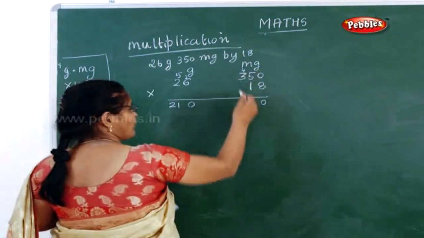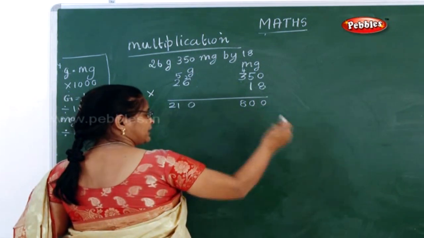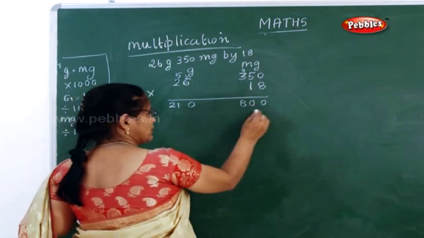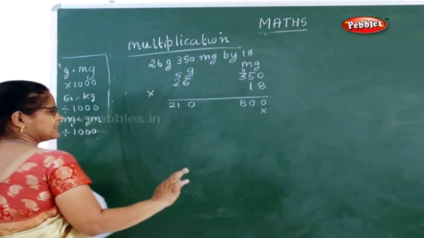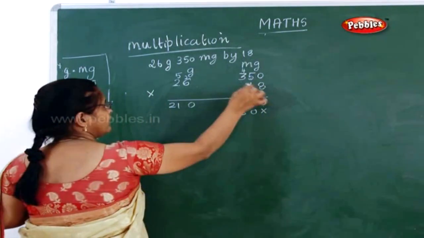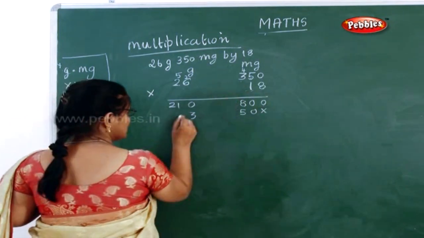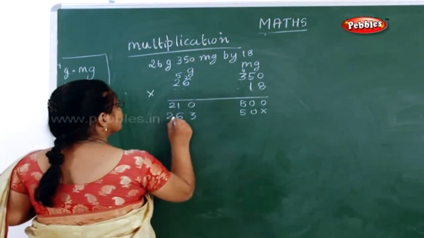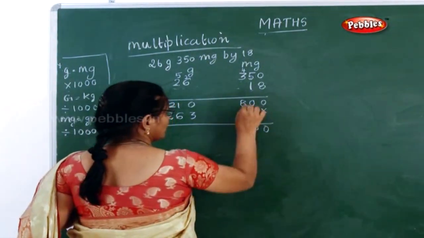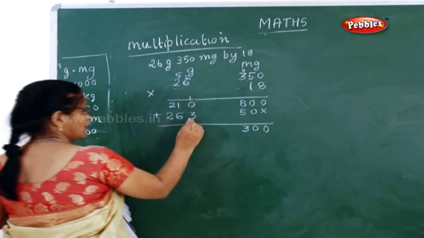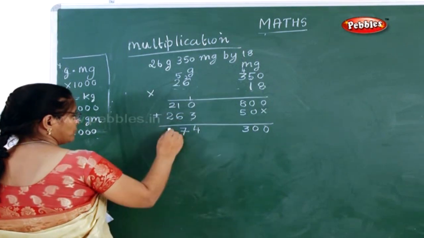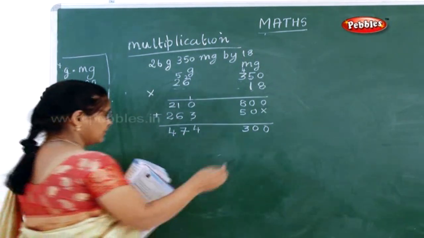Now, next this one, how will you do immediately? You are not supposed to write here. I think you know how to do your multiplication when 2-digit numbers are given. So immediately this has to be put like this, or you can just leave it off. 0 1s are 0, 5 1s are 5, 3 1s are 3, 6 1s are 6, 2 1s are 2. Now what you have to do? You have to add 0, 0, 8 5s are 13, 1, 1 plus 3, 4, 1 plus 6, 7, 2 plus 2, 4.